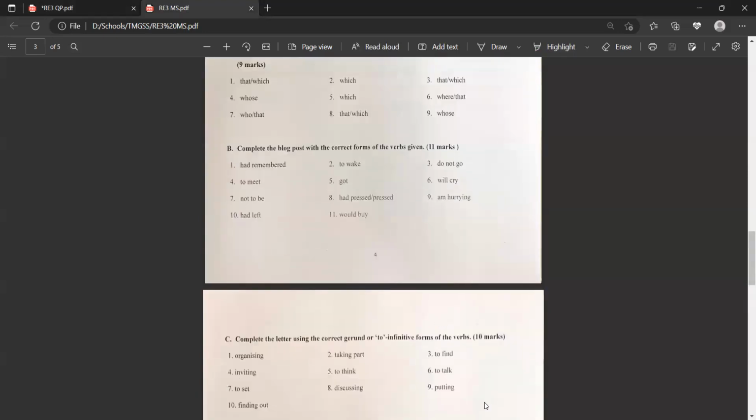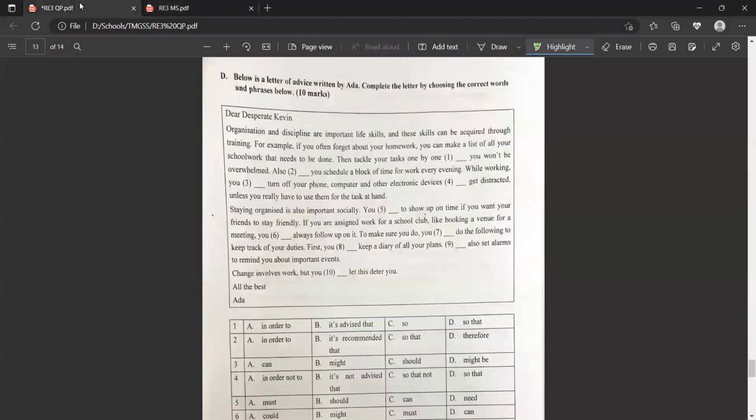Letter. Organization and discipline are important life skills. Through training, for example, if you forget your homework, make a list. Tackle your tasks one by one. You won't be overwhelmed. Tackle them, you won't be overwhelmed. So this is about consequence, about the result. Okay? So it will not be B